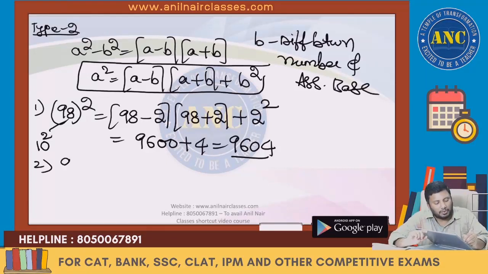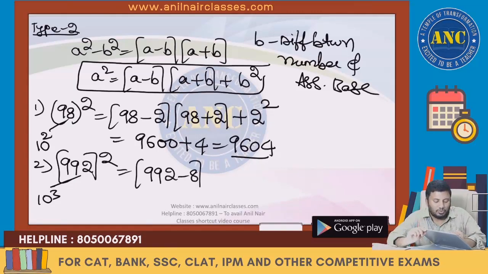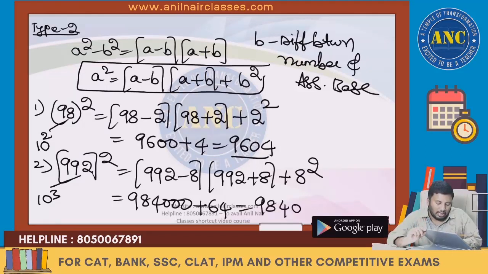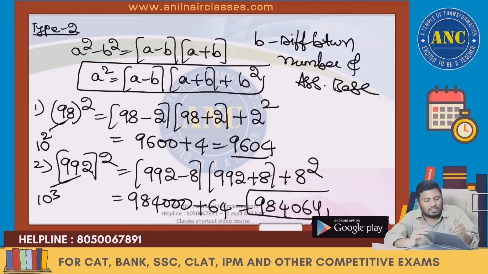Suppose another example, 992 whole square. 992 is nearer to 1000. So 992 minus 8, 992 plus 8, plus 8 square, which is 984 into 1000, 3 zeros. 8 square is 64. 984064. I hope the concept is clear. Ideally, this logic is used when the numbers are closer to